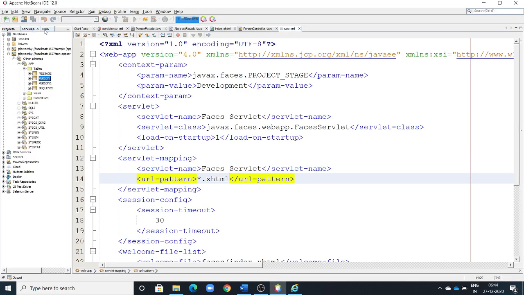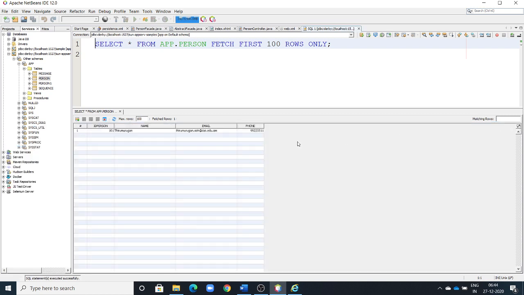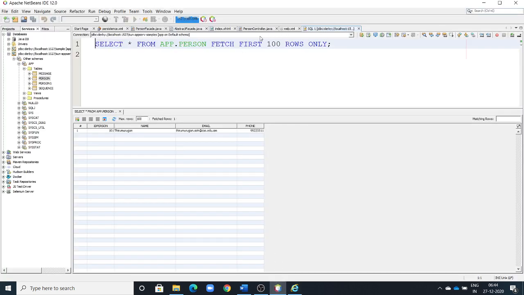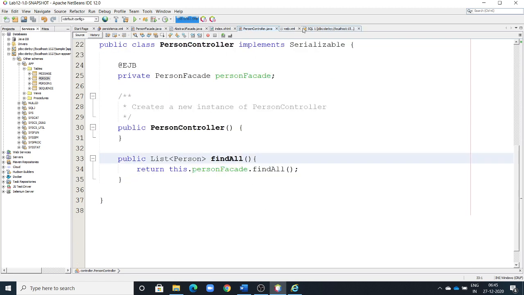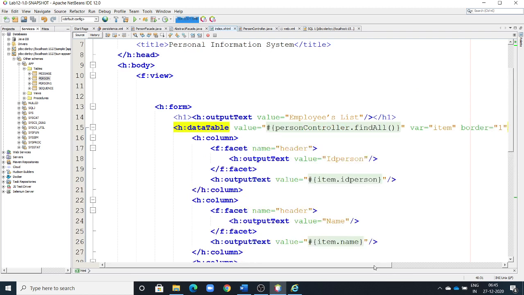We will check our database, whether it is available or not, in services. Okay, now view data. Is any row data there? Yes, see, I have the data, but it is not viewing. We'll see what is the error. See, it is not showing the data. We'll check now where is the mistake. We'll check with the person controller. Yes, this is not a mistake. Person controller. Now we'll check with our JSF page, index.html.